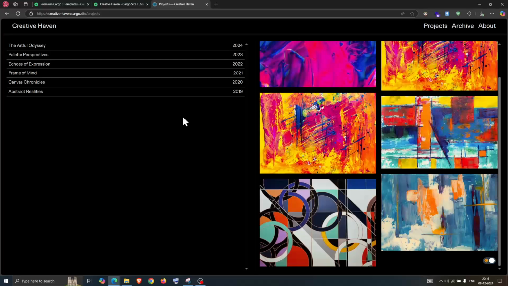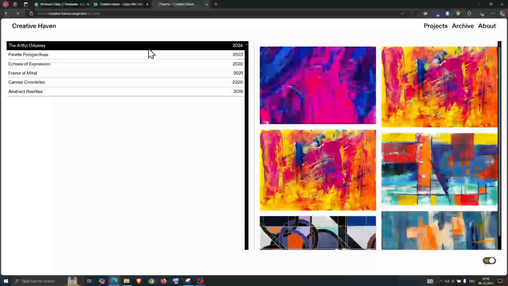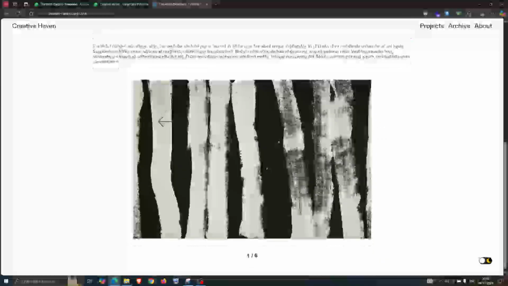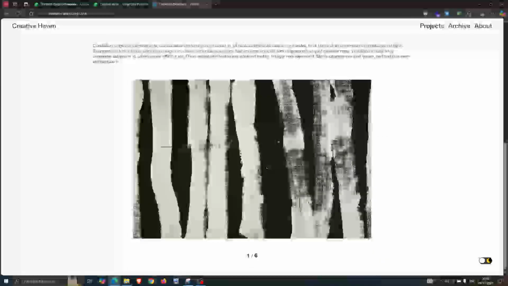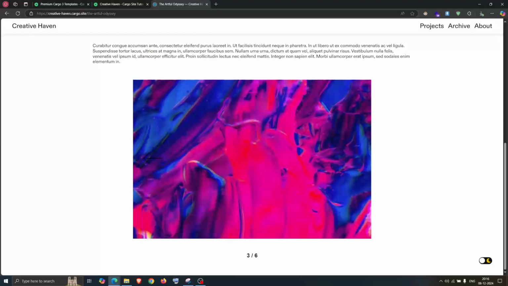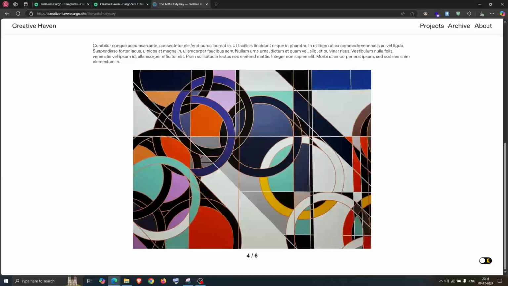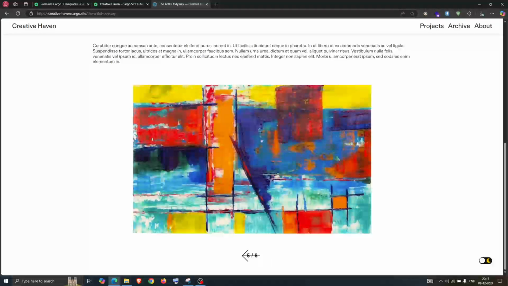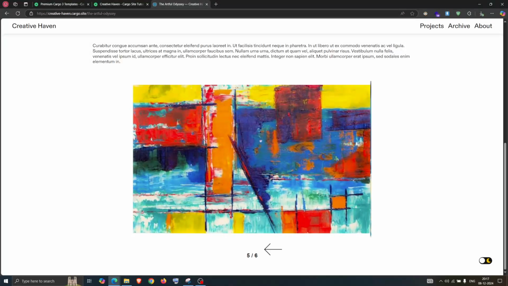After that, if you click on any of the projects, it will open the project page. As you can see, it is just a dummy page, and this is a custom gallery. You can see that it changes with the slideshow arrow, if you go to the left or right side, and it is going to automatically change the number of pictures below as well.